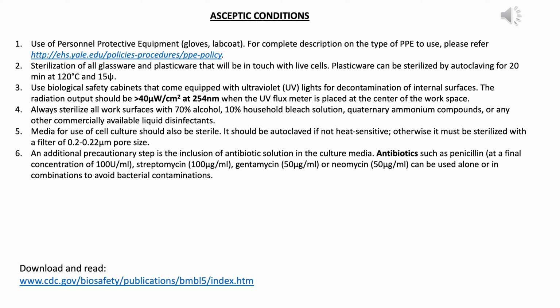The UV lamps have to be periodically replaced, and annually they have to be tested for efficacy. Typically, one should use a UV flux meter directly under the UV light in the biosafety cabinet and measure the radiation output. It should be less than 40 microwatt per square centimeter at 254 nanometer. Usually, one sees that this output is reduced with time. If you are using a biosafety cabinet whose UV lamp has not been changed for the past 5 years, then it is the same as not turning it on at all, because there is essentially no effectiveness in the radiation that is coming out.